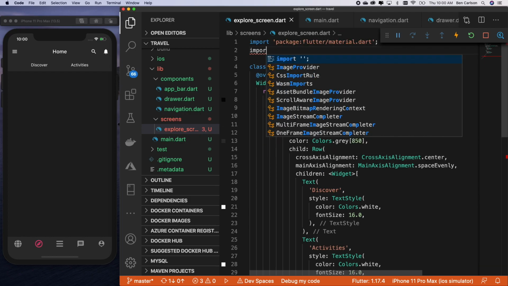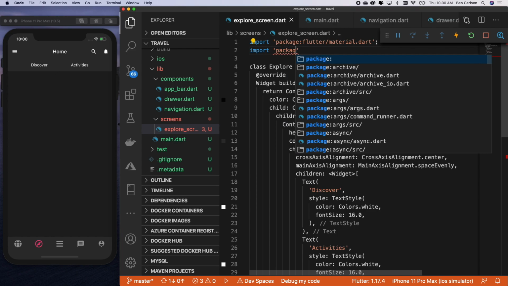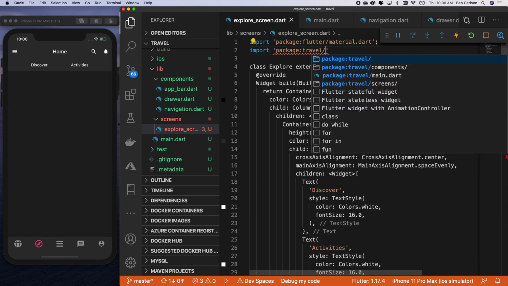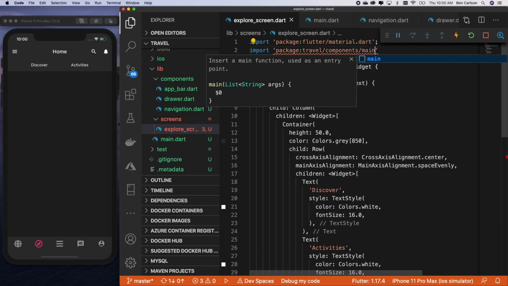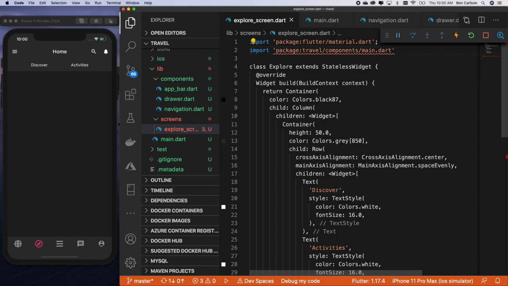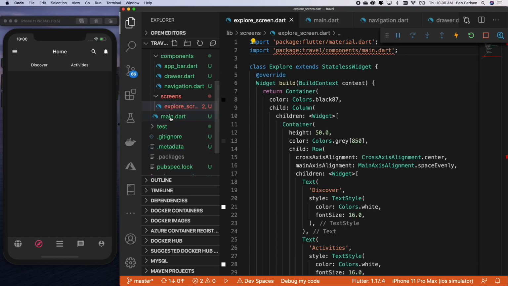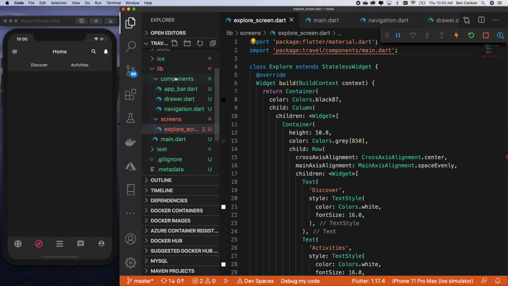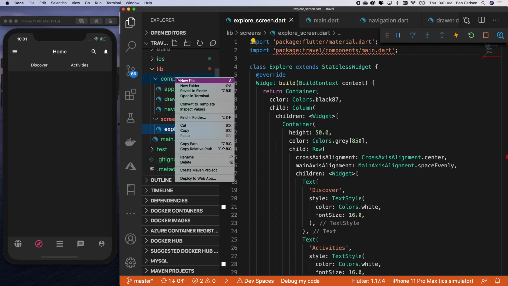So we'll say import package:travel/components, and we're going to name this simply main.dart. And this is not the same main.dart as this here. It's a different one, but we're putting it into this subfolder here, so we can name it the same. So let's go ahead and create that. We'll right-click on components, do new file,